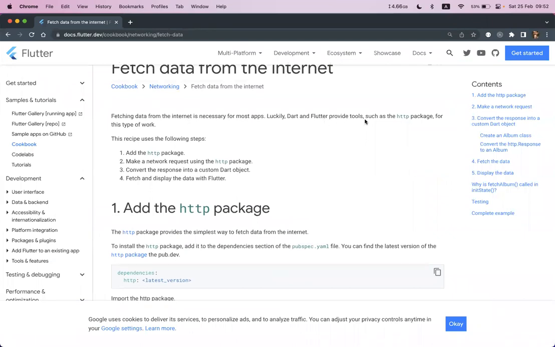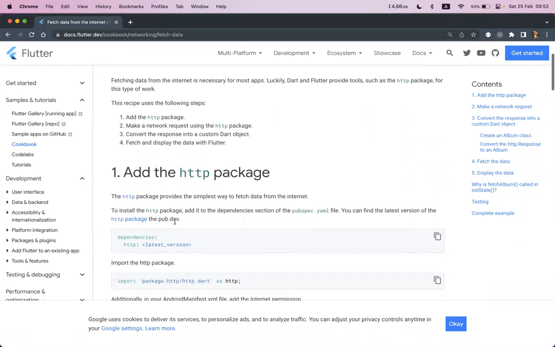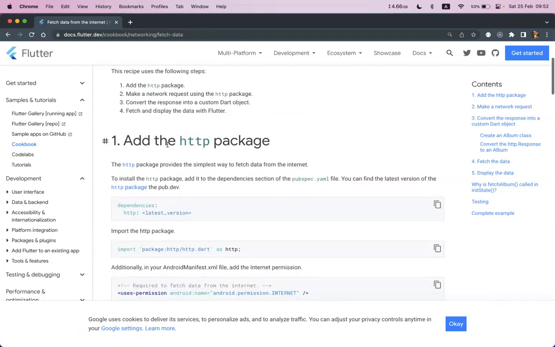Yes, Dart provides tools called HTTP package for this, and use the following setup: add HTTP package. Okay, so we need to add the HTTP package into our development environment, to make net requests, convert responses and fetch data. First, we need to add the HTTP package. So as I mentioned earlier, the